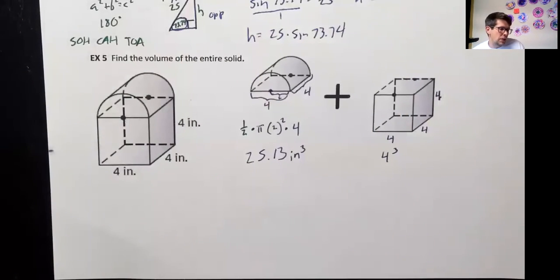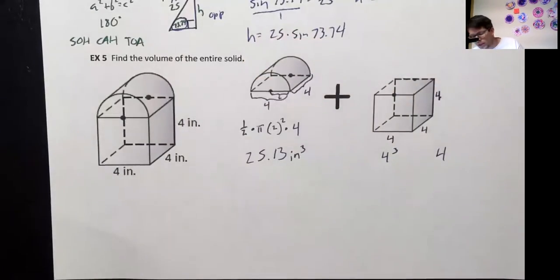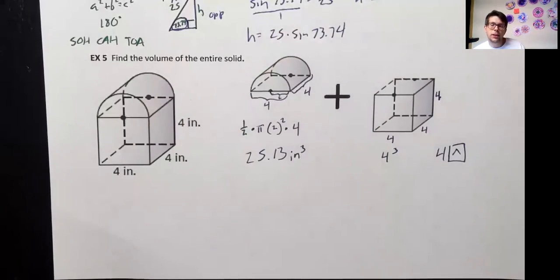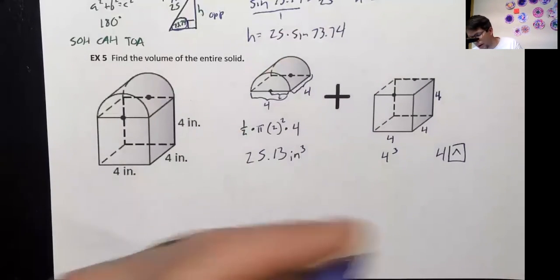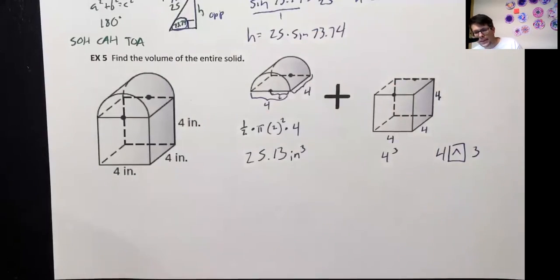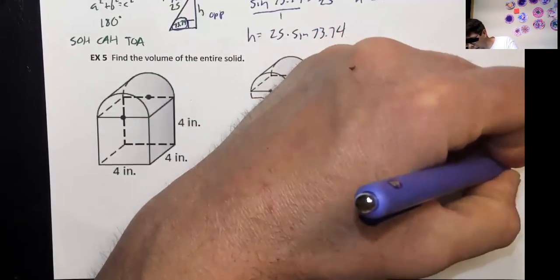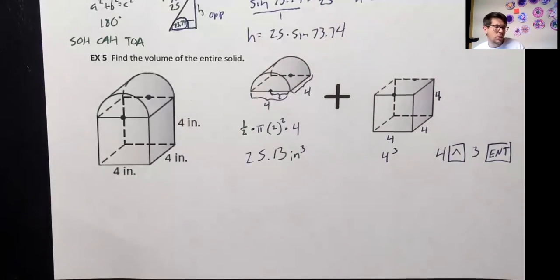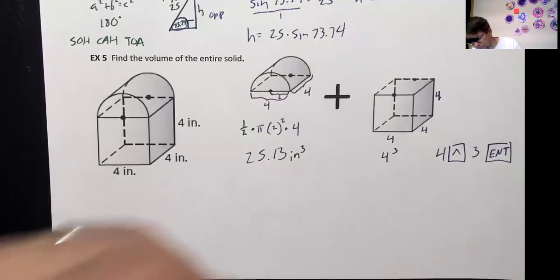Once you've figured out what it's going to look like, you just need to type it into your calculator. That is going to be 4, and then you're going to want to use that special caret button that looks like this. That caret button lets you plug in any power you want. The power that we want is a power of 3. And then once you've plugged in your power, you can hit your enter button and you're good to go. And when you do that, you're going to get 64